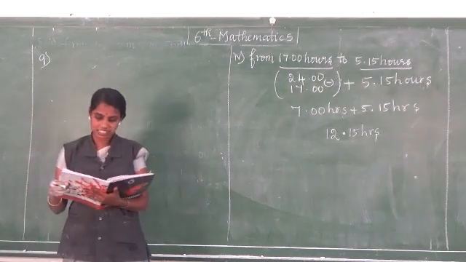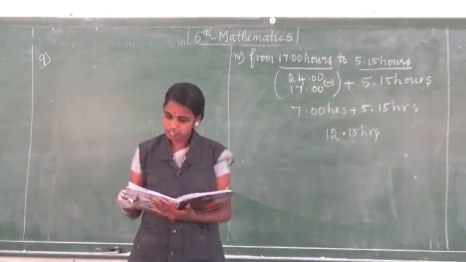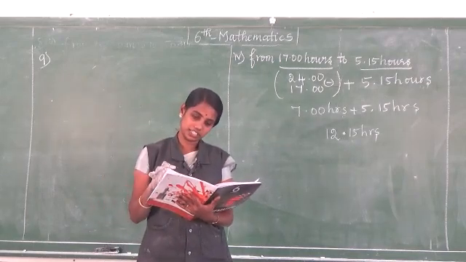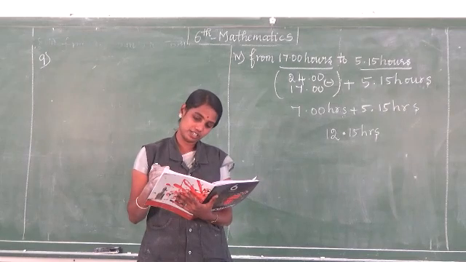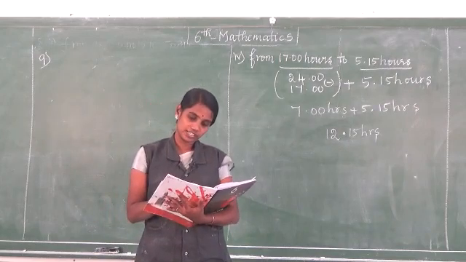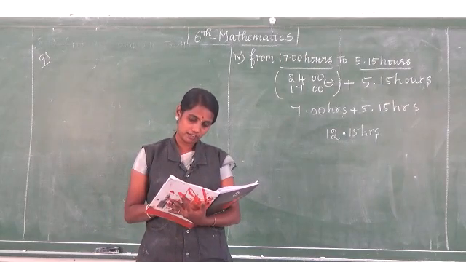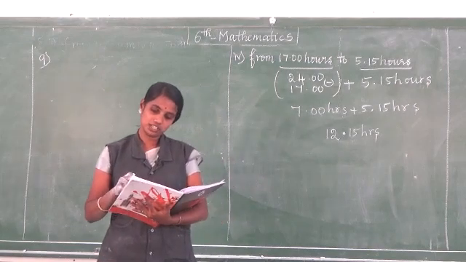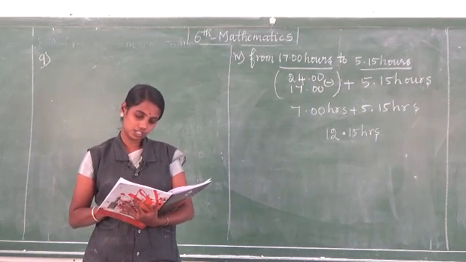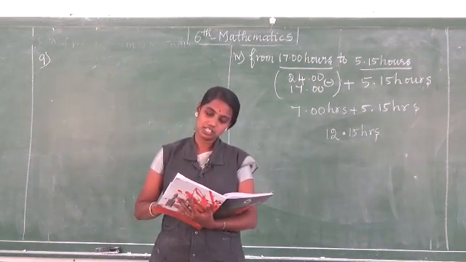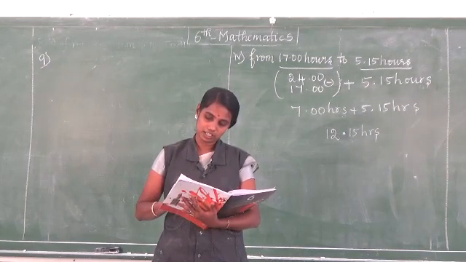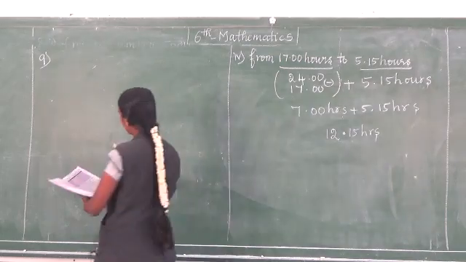At what time does the Vaigai Express start from Chennai and arrive at Madurai? See the table. We have a table. It is given with station, arrival and departure. From that only we are going to find out. Chennai Egmore it starts, then Madurai it arrives at 21 hours 20 minutes. It starts at 13 hours 40 minutes. Our question is, at what time does the Vaigai Express start from Chennai and arrive at Madurai? It starts from Chennai at what time?